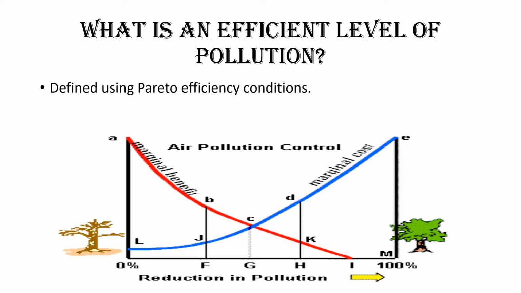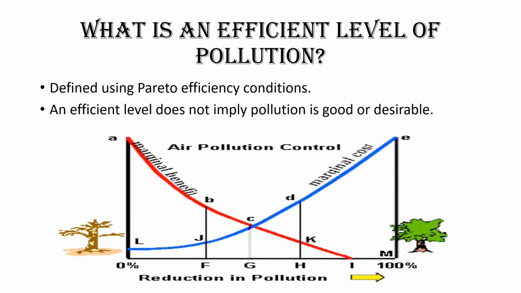And it is defined as, an outcome or activity is said to be efficient if it is not possible to change the allocation of assets and resources to make someone better off without making someone else worse off. That is, if nobody is affected badly to make someone else better off. Here, an efficient level of pollution does not mean or imply that the pollution is desirable or good for the